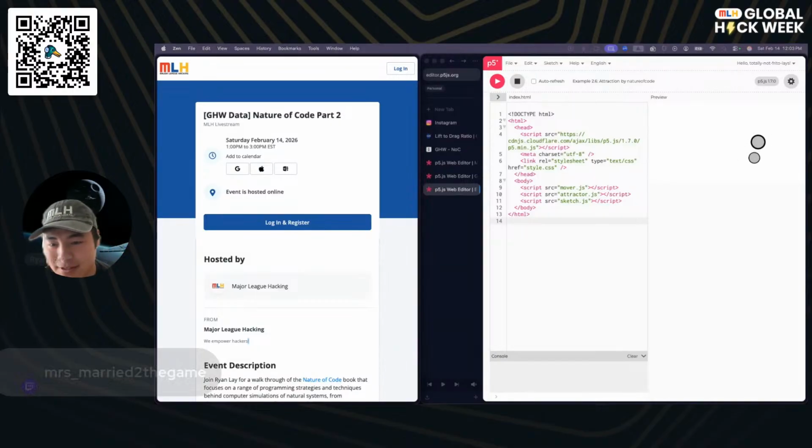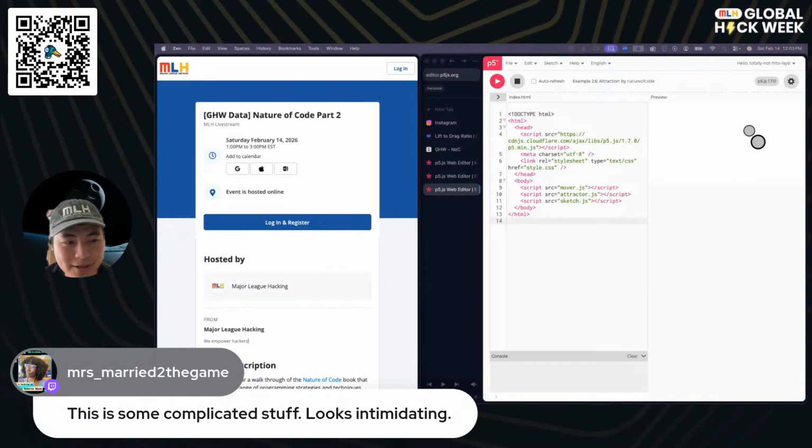I'm seeing a comment about the complicated things. Yeah, it is a little bit complicated, but I think this textbook does a pretty good job of making it accessible. And if it's complicated to you, it is honestly a little complicated to me too. But that's okay. We're going to be going through it line by line and make sure we understand what's going on. And if you haven't been to the other workshops, we will get caught up together.